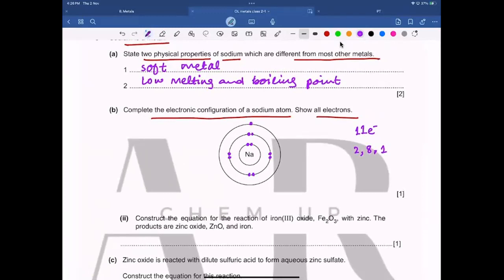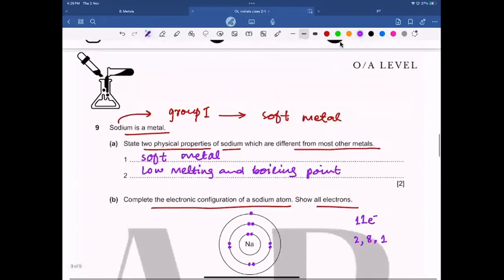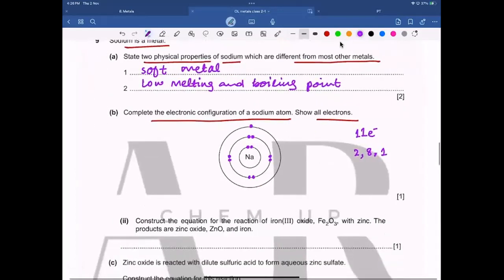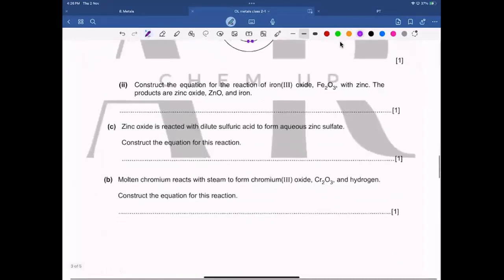Is this clear? Yes. Yes, sir. Okay. Yes, Aisha, did you understand? Yes, sir. Okay, now